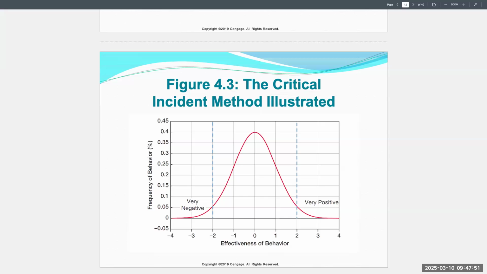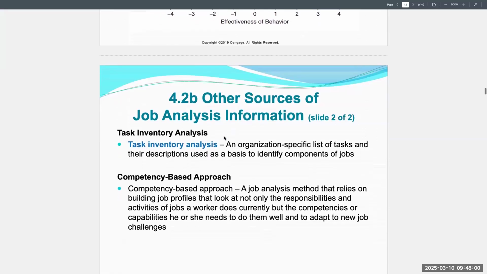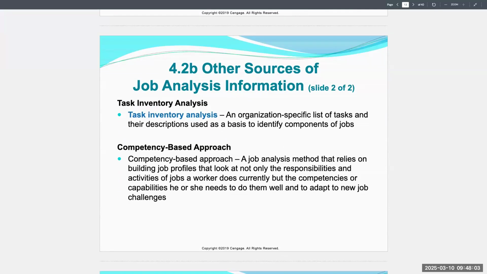And this method is particularly useful in industries where customer interactions, safety measures, or leadership effectiveness are crucial for the success of the customers. Task inventory analysis and competency-based approaches are another two critical methods that have emerged. Each of these methods provides a different lens through which HR professionals can evaluate job roles, responsibilities, and capabilities